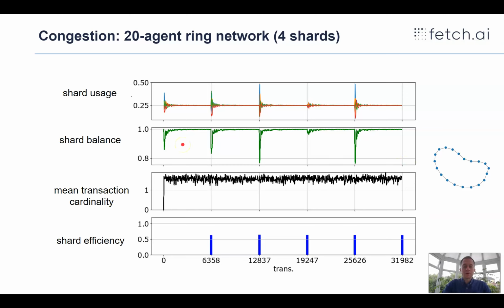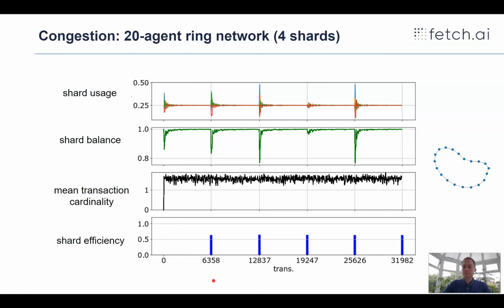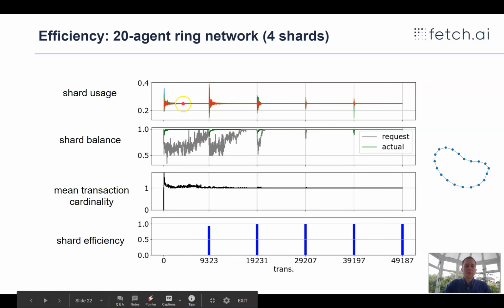They're a little bit better at distributing the transactions, and they also get a slightly lower cardinality, but still the shard efficiency is only about 60%. And if we compare this to an efficiency-based pricing, which is the main result of this work, then we get both a good convergence on shard usage and